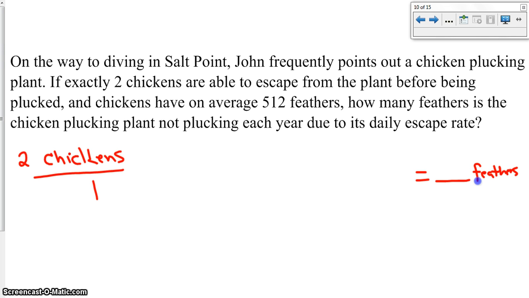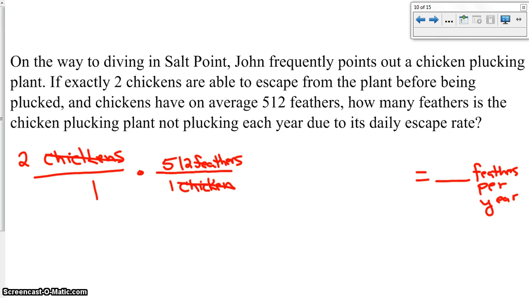Okay, so look at the information, and what do you know about the chickens? Well, 1 chicken equals what? 512 feathers, that's right. Notice that chickens is in the numerator, so where do I want chickens to be if I want to use the multiplication property of identity? That's right, in the bottom. 1 chicken, by the way, the bottom is called the denominator, has 512 feathers. Oh, chickens divided by chickens, I'm good to go. But I need a feathers per year,